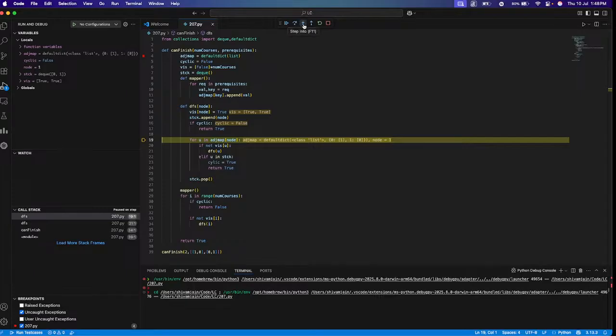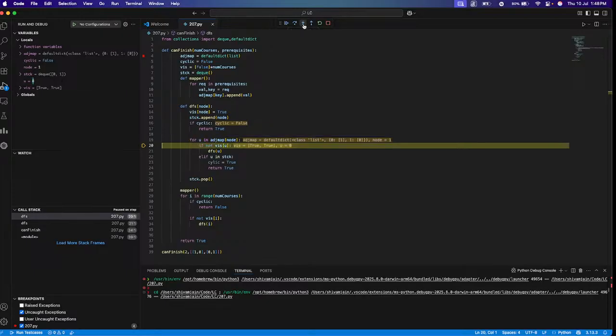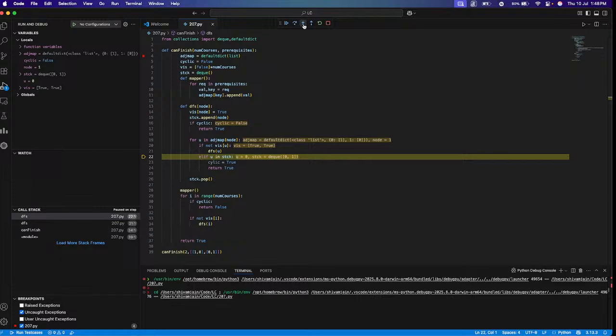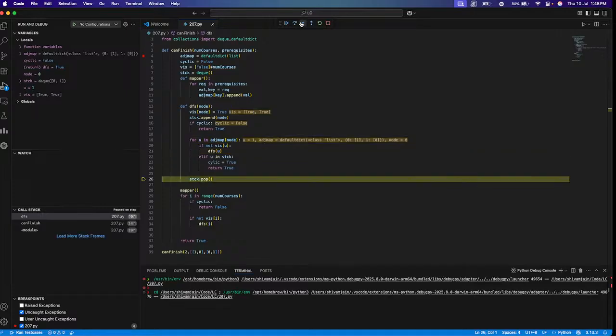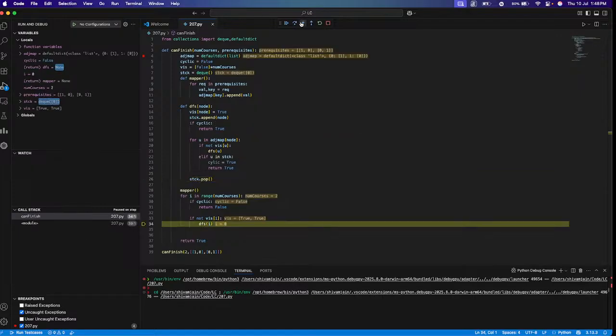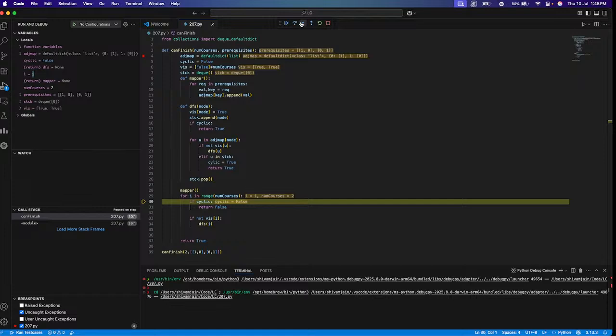If you look in the adjacency map and that node is equal to 1, that means you have 0, right? There you go. Since it's already visited, now you're checking if it's in the stack. Is u, and 0, in the stack? That's true, because 0 and 0 is here. So the cyclic will become true. It will return true. Well, there you go. And you pop it, right? You have your 1